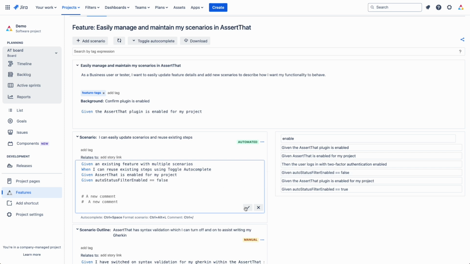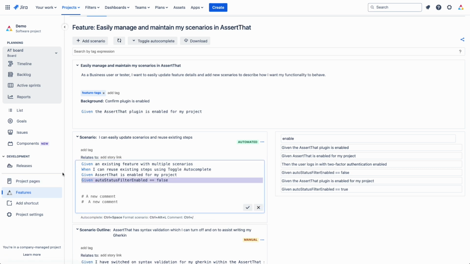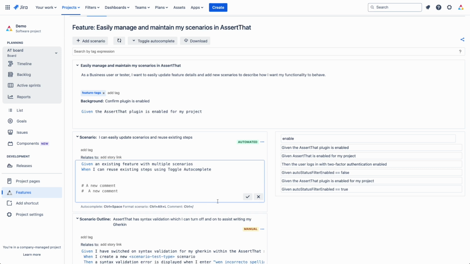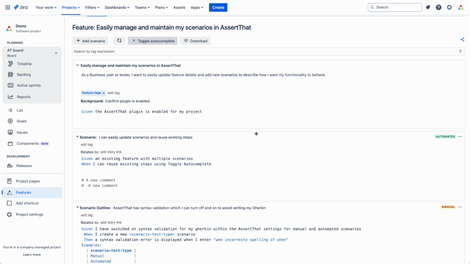Obviously, it doesn't make a lot of sense, this scenario, but really just for the purposes of showing you how the functionality works. Let's correct that one and get rid of those two there. Okay. Right, so we have shown you now how to use autocomplete, either by using the toggle autocomplete here or the keyboard shortcuts. We'll just get rid of that so we get the whole screen on display.